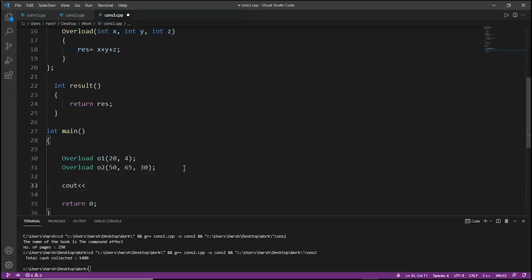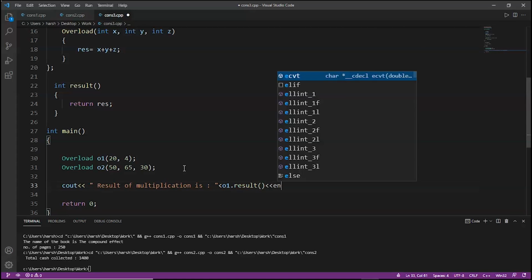Before that, we will display a message, let's say, result of multiplication is, right, O1.result, because result is the name of the function and we are calling the function. After that, endl,